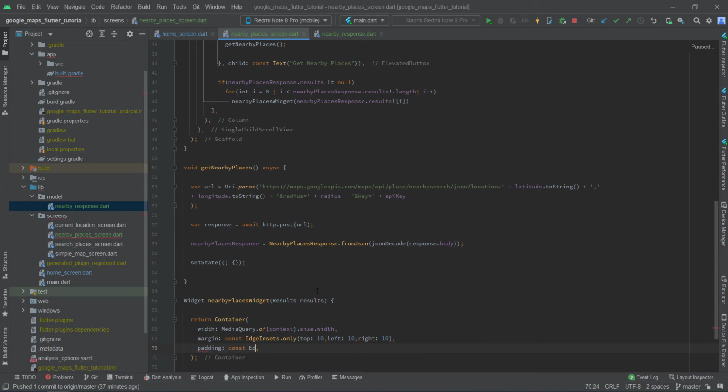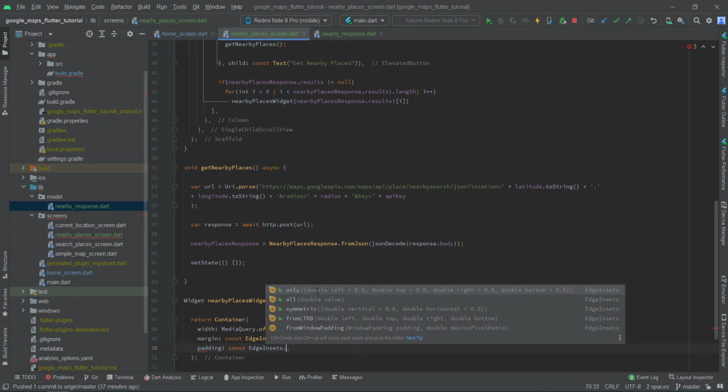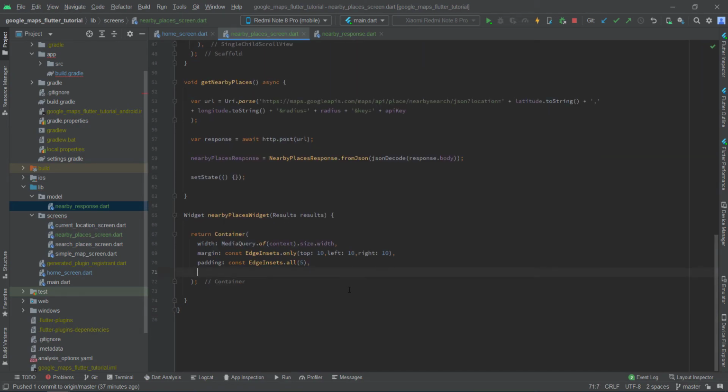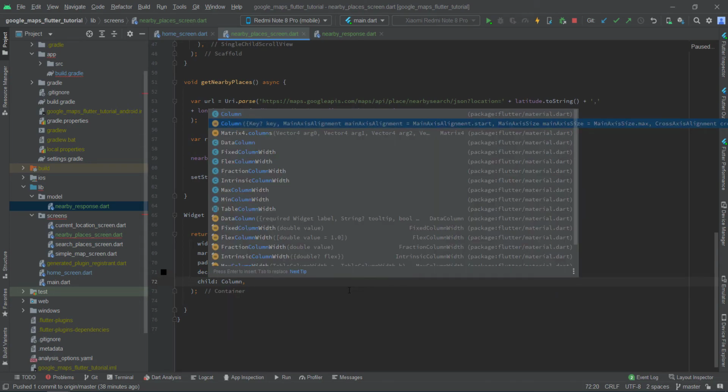And padding for the inner content, all 5, and decoration border, border dot all, color black, and border radius dot circular 10, and child will be column again,